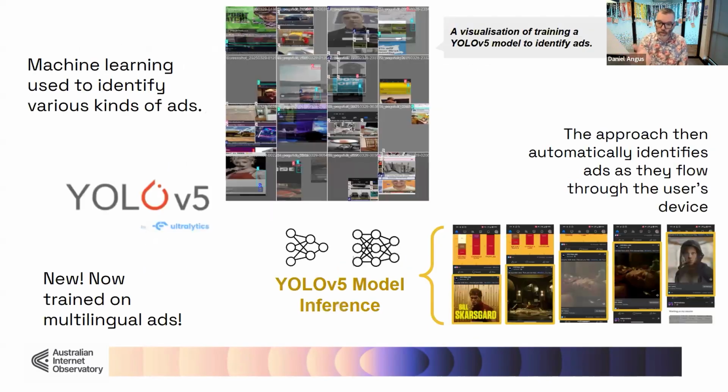Thanks, Nick. So YOLO is an inference model that you can train as a one-shot learning platform for other forms of media as well. The idea here is to tune this for advertising, but this is a general purpose piece of infrastructure that could be tuned for, say, detecting news content or other forms of content that might be of interest to you as a researcher, to detect when your participants are using their phones and be able to record something of interest from that. In this case, the inference model itself has been tuned on examples of advertising to be able to actually know when it sees an ad. If you go to the next slide, Nick, I'll show those examples.